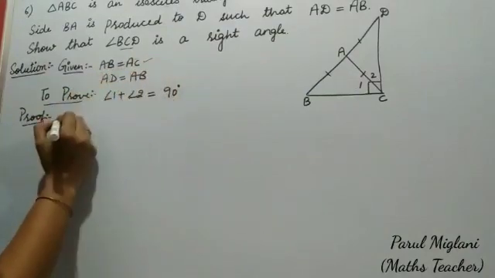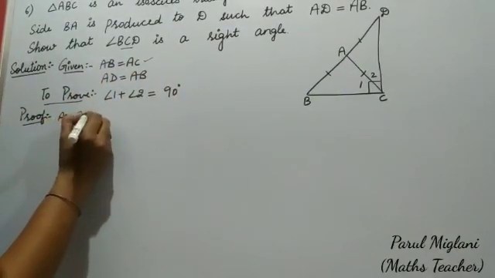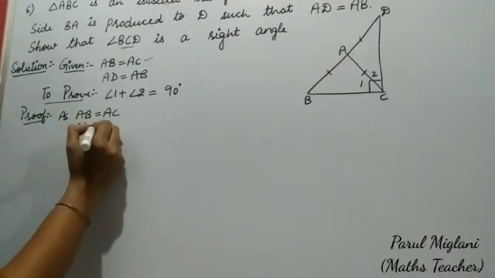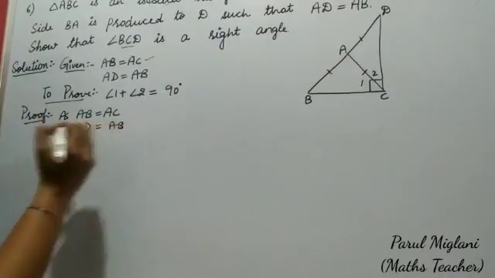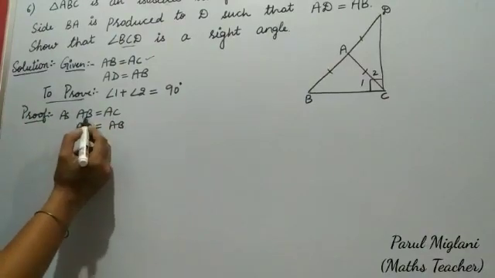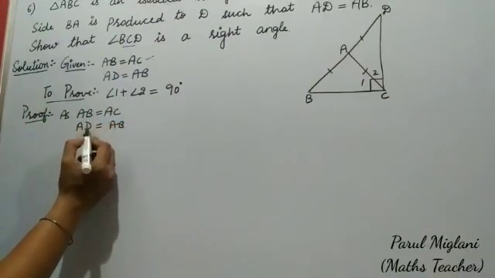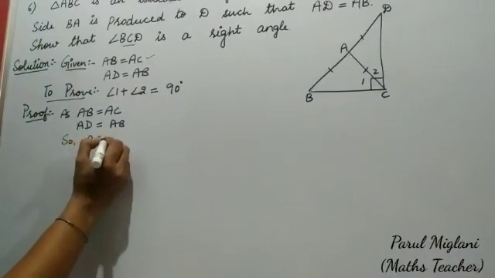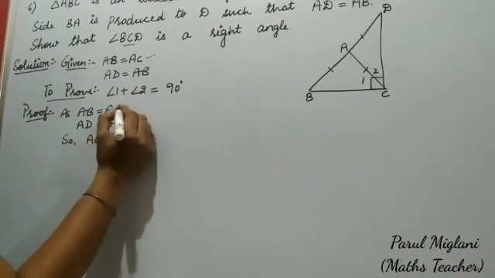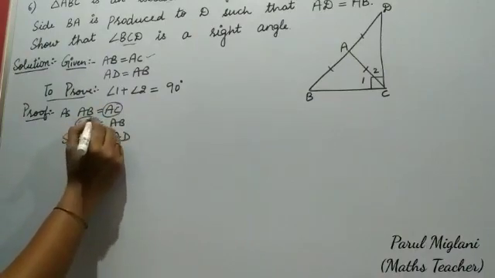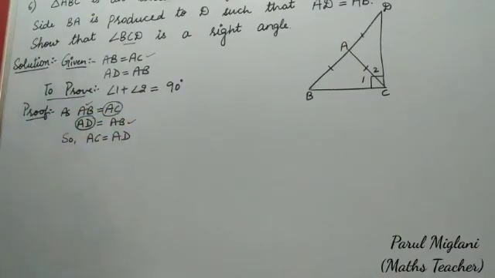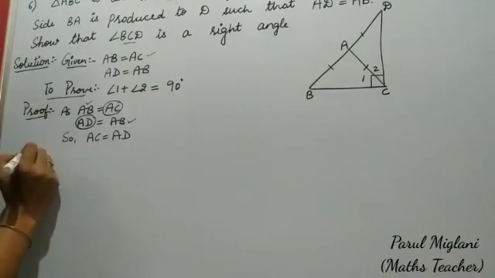as it is given that AB is equal to AC and AD is equal to AB, we can say that AC is equal to AD, because these two things are equal to the same thing, so they are equal to each other. Means AC is equal to AD. Now in triangle